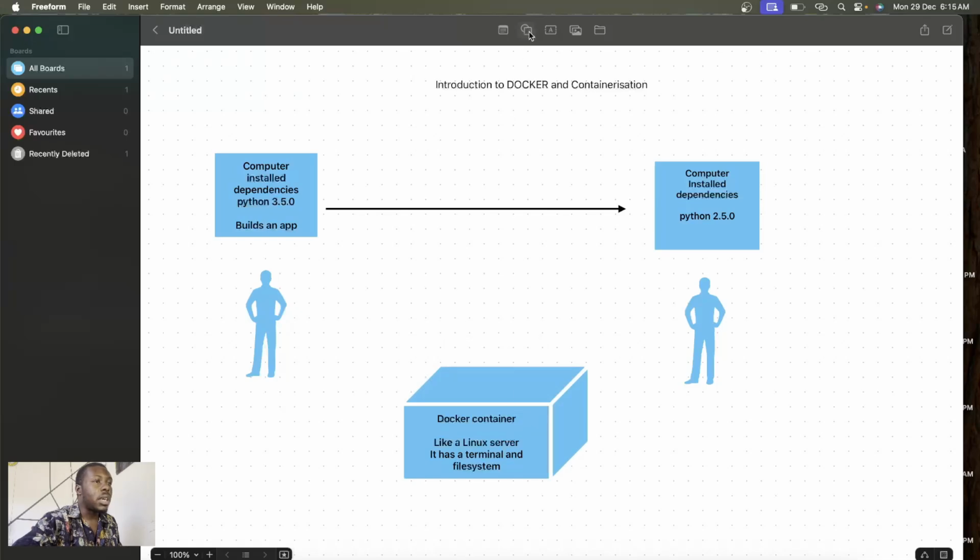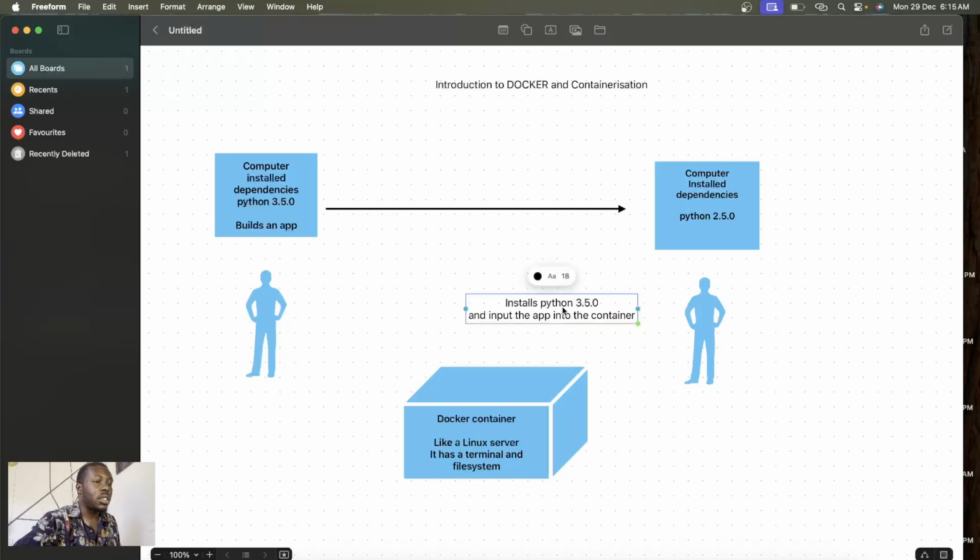Let me just make it the right top. So the developer now installs Python 3.5.0 and puts the app into the container.